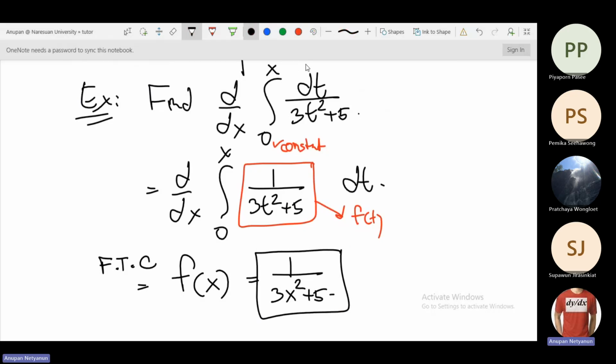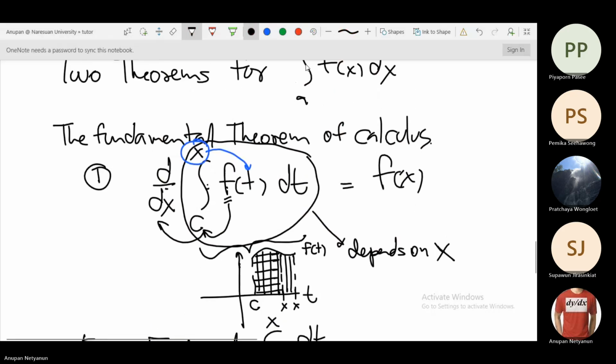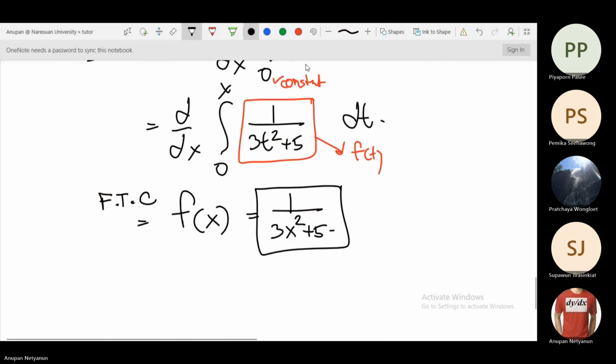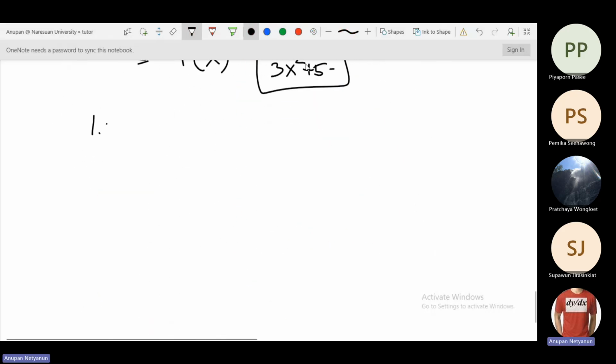That is your solution นะครับ อย่าลืมนะ จะไม่มี plus c นะครับ เพราะ theorem ไม่มีเนาะ โอเค เนี่ยไม่ต้องอินทิเกรตก่อนแล้วไปดิฟนะครับ เนี่ยก็ได้ผลลัพธ์เลยโดยใช้ทฤษฎีนะครับ